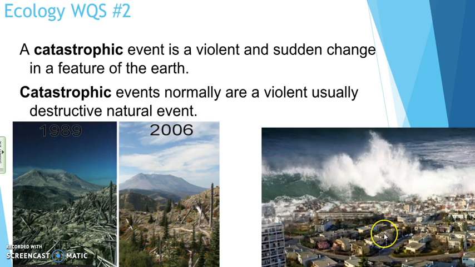Here's another picture of a catastrophic event that could cause some change in the environment. Mind you, this is more of a tsunami hitting a city, but if this was a coastline where there was jungle or trees or forests, a lot of those animals would have had to move, and it would probably cause a lot of deaths and a lot of damage.